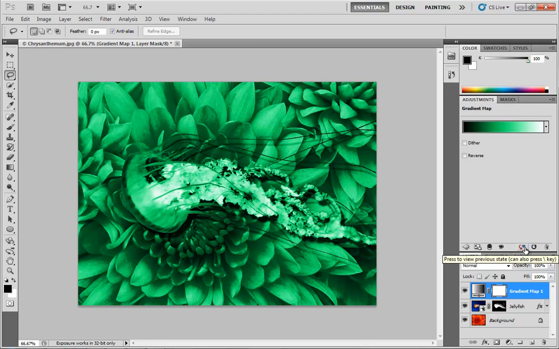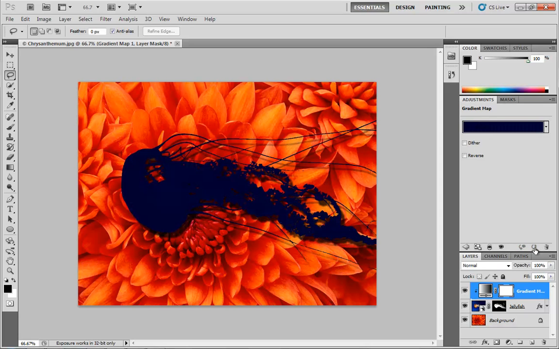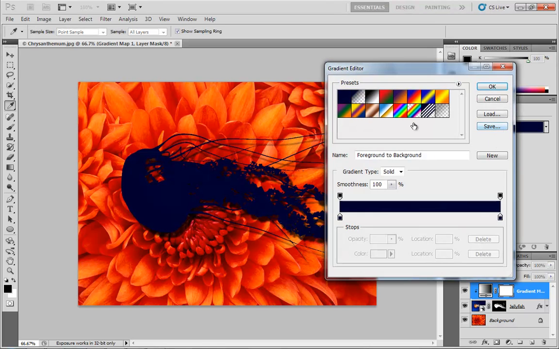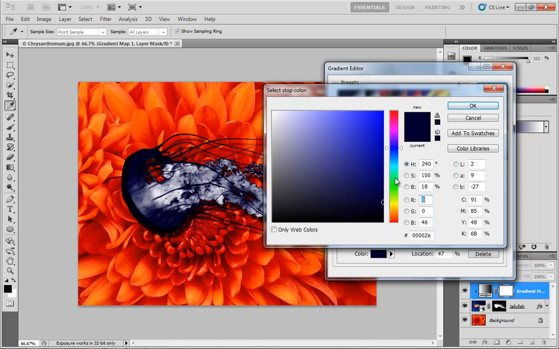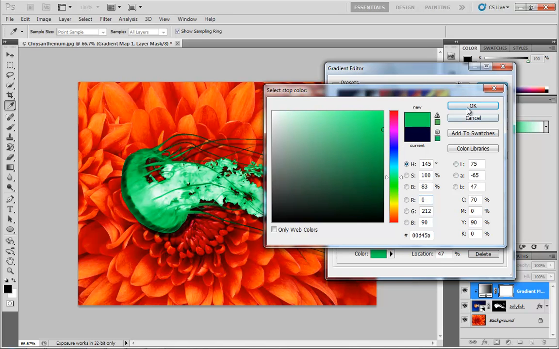Next, we have press to view previous state. So if you've made any significant changes, you can toggle back to any previous states that you've been working with. You can also reset this to how it was when you first brought it in. So by clicking this little reset button, we've gone back to having that really boring dark blue and dark blue gradient, which I'll now switch back over to my much cooler night vision style gradient, which